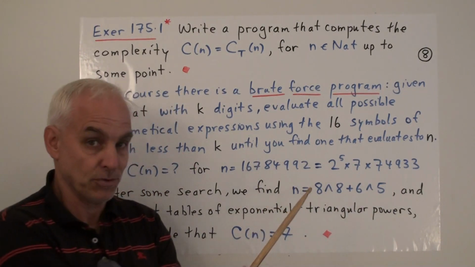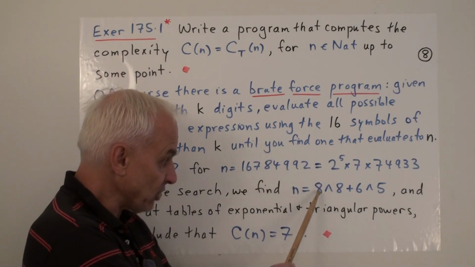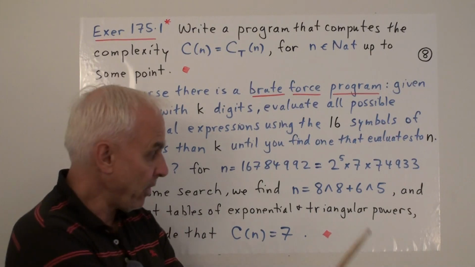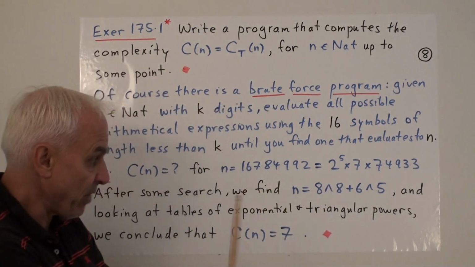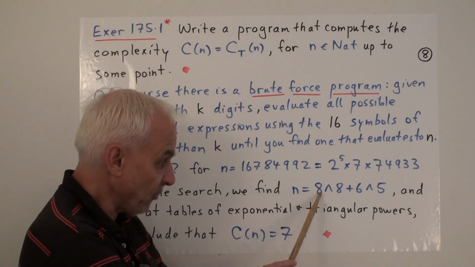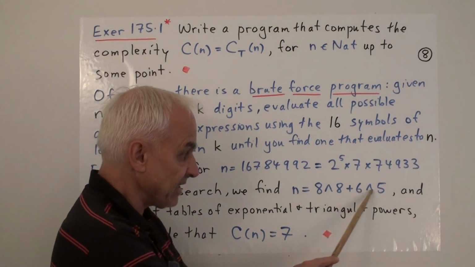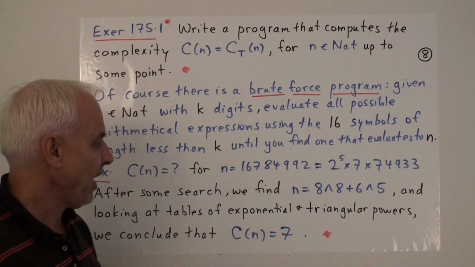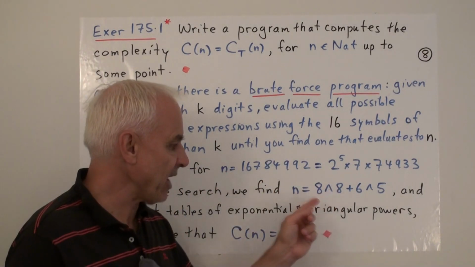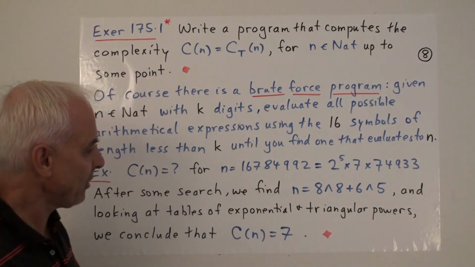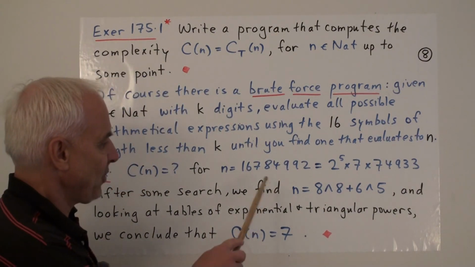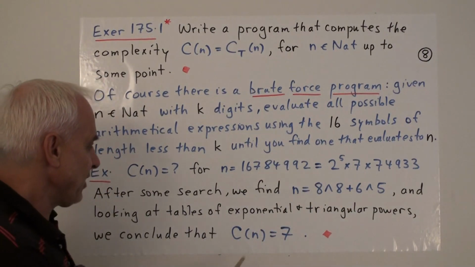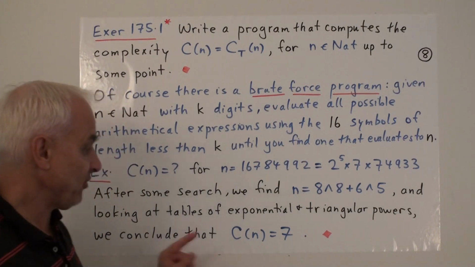So it turns out, because I chose it that way, that this n is actually 8 to the 8 plus 6 to the 5th. And when we write it this way, which is a valid arithmetical expression, we see that its complexity here is 1, 2, 3, 4, 5, 6, 7, which is less than 8. And then I think if you look further at powers, you will likely find that you can't express this in a more efficient way. So I'm claiming that Cn is equal to 7,